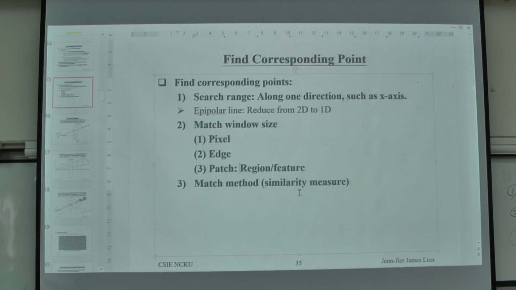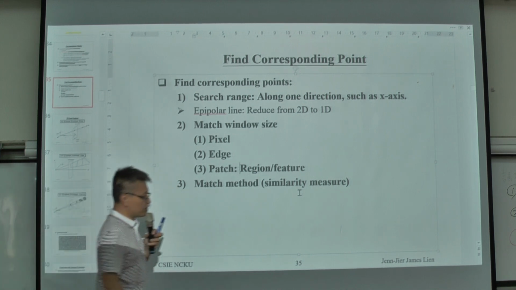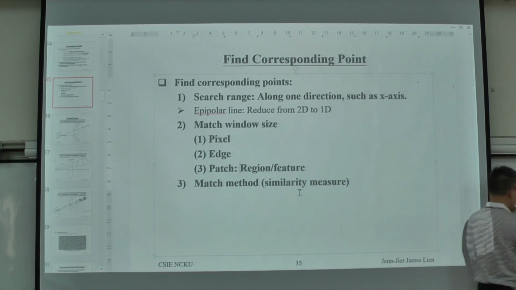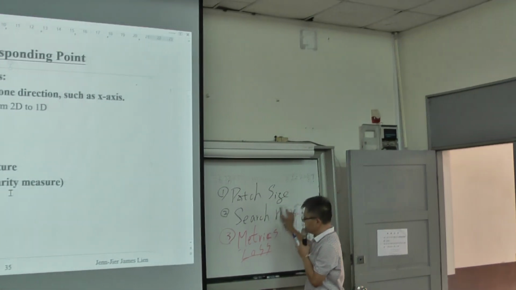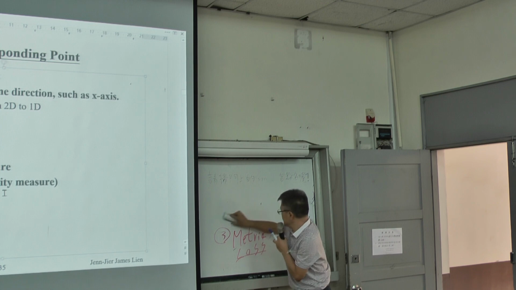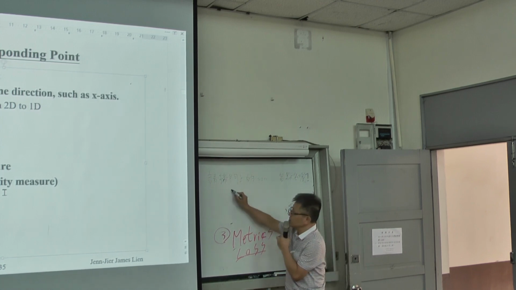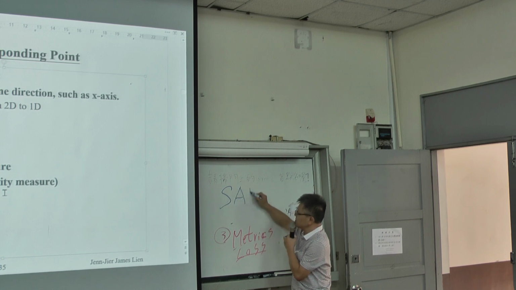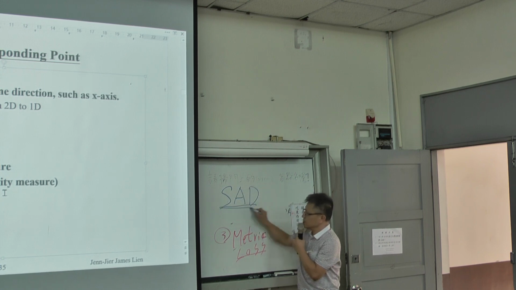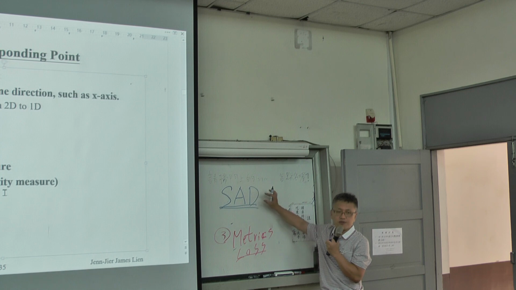We already talked about method. Method is, as usual for stereo, because a lot of computation, so the metric usually uses SAD。不用太难的方法，因为它运算量太大了，所以通常只用 SAD 来做。我们有 sum square difference，就是